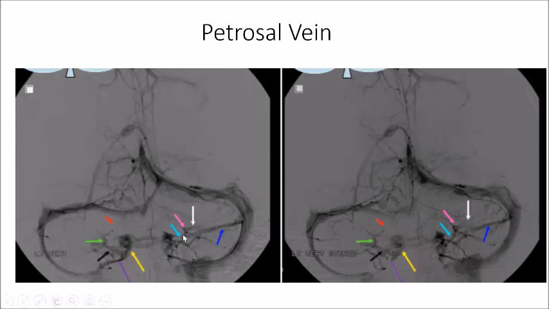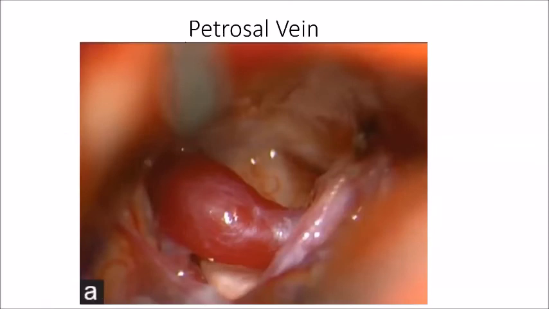And it's this vein right here in light blue, or in green right here. And the petrosal vein is essentially what connects the lateral brainstem veins to the superior petrosal sinus, which is right here, as you can see. So this is a vein that we see most commonly when we are doing retrosigmoid craniotomy for microvascular decompression for